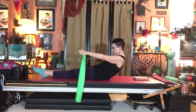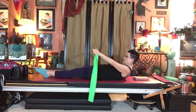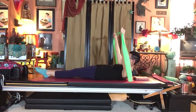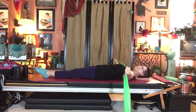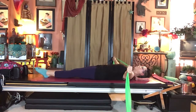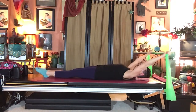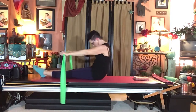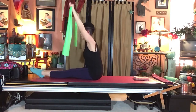Scoop and roll, pausing at your ab curl. And now we're going to pulse 1, 2, 3. Stay in ab curl as the arms go up. Pause there, lower the chest and head. And now press out wide, wall to wall, and slowly up. And press back wide and up. And then reach back, inhale, forward, peel off, exhale, reach out through a flat back, come up to a diagonal,